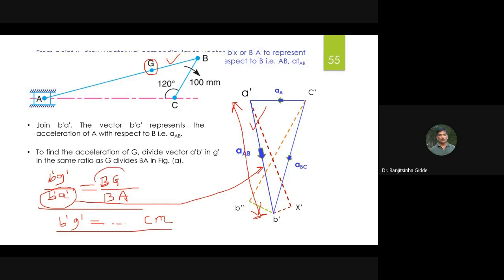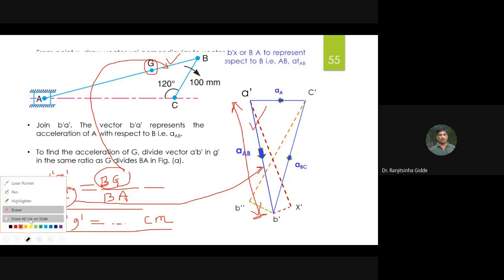Then BG it is given. Instead of this we can write in centimeter. So what is the value for this BG? 1 centimeter, and this BA is 3 into